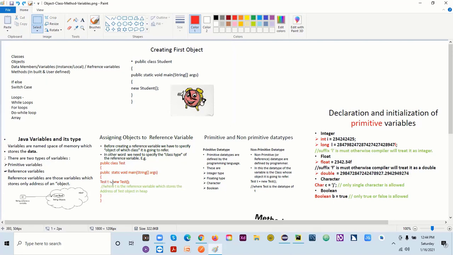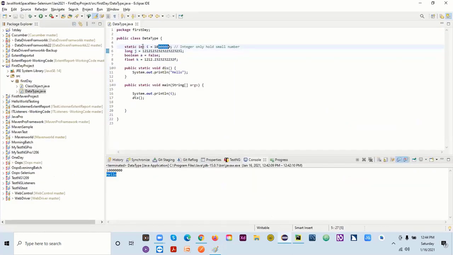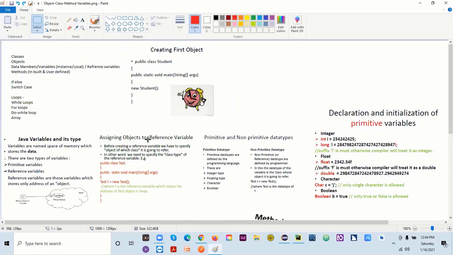T is a reference variable which will be holding your object. Just like we hold a value in I, in J, and in K, this object will be held by T, A, R, F, S, whatever it is.